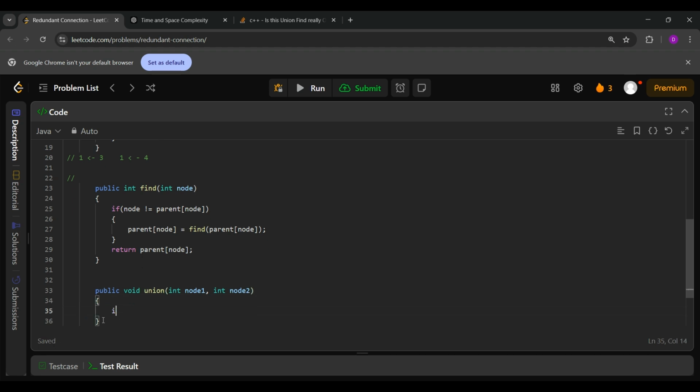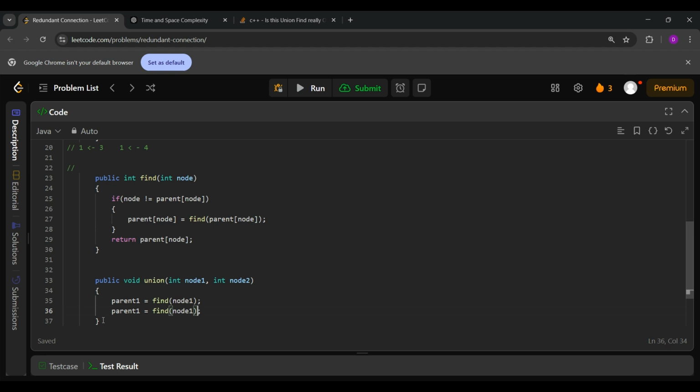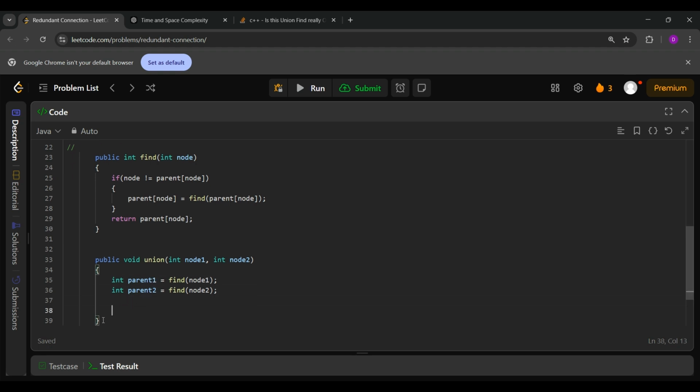Okay, so I have to get parent 1. I'll find the parent of both the nodes, and similarly for node 2, I'll just mark it as an integer. Okay, now if parent 1, if the parents are equal,